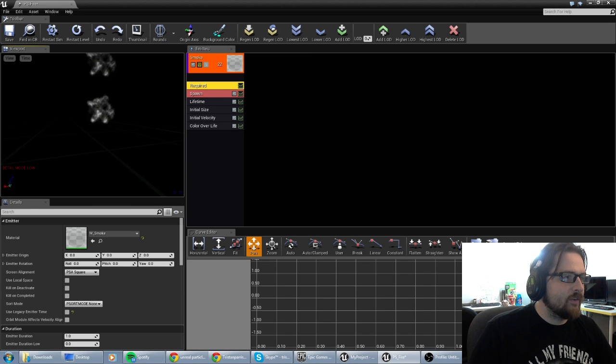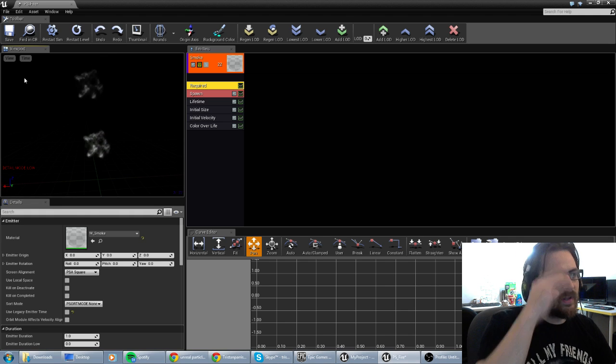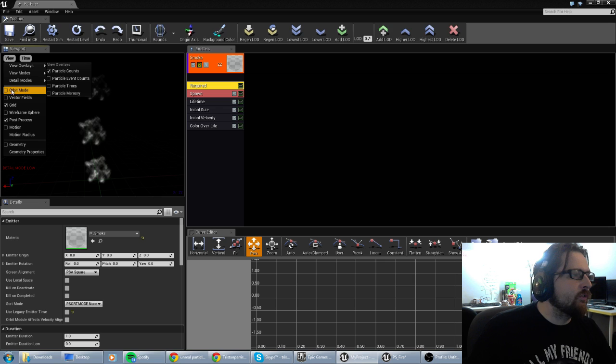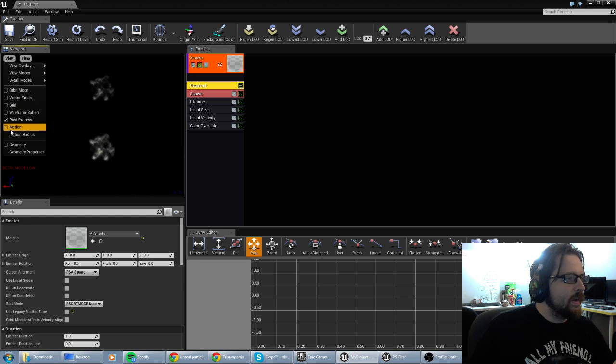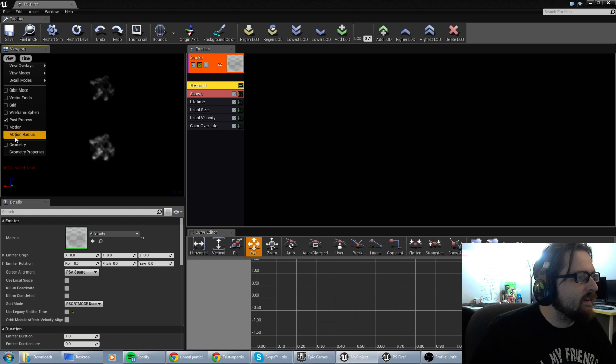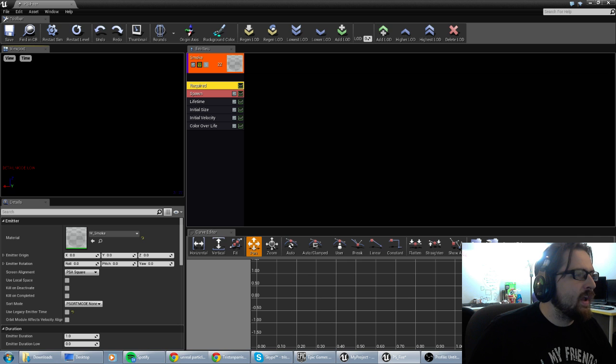actual Cascade editor. So now in Cascade, the display of your particle system has the same controls as it does in the main gameplay window. And then you can also change things like under the view, you can turn on and off the grid. You can toggle post processes. You can toggle motion. And motion is just a way of